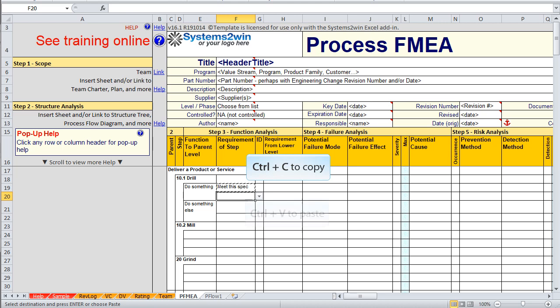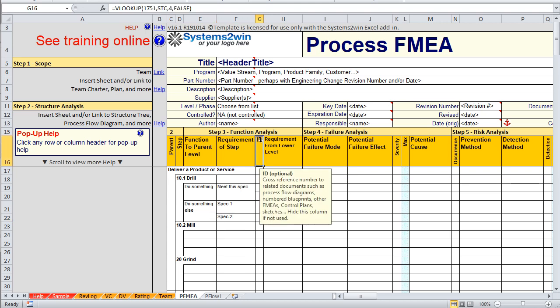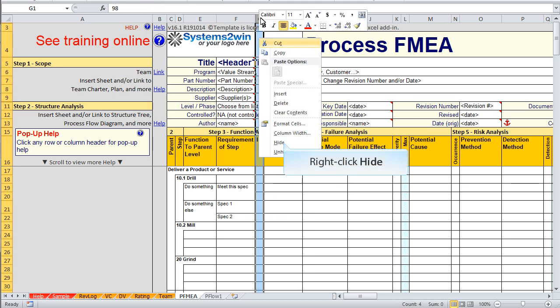And again, when you simply copy and paste repeat data, all that fancy formatting makes the borders look right while still retaining the hidden data that you need to use Excel's filter and pivot tables. Now this next column for ID allows you to optionally reference numbers in related documents. Many, perhaps most authors will simply hide that column.